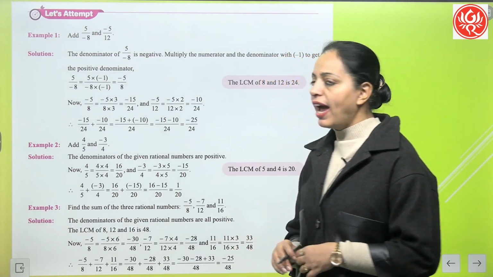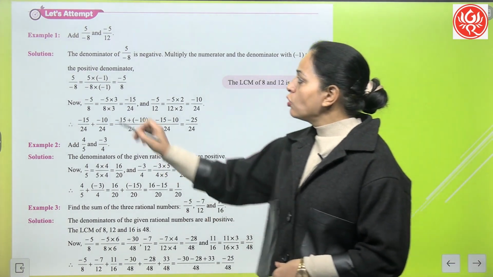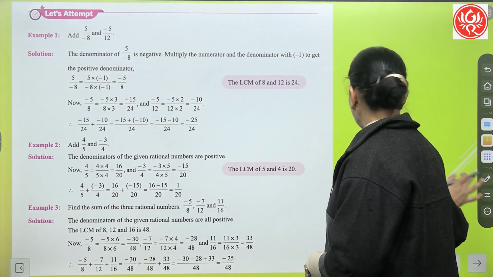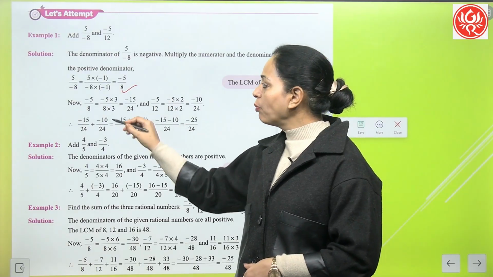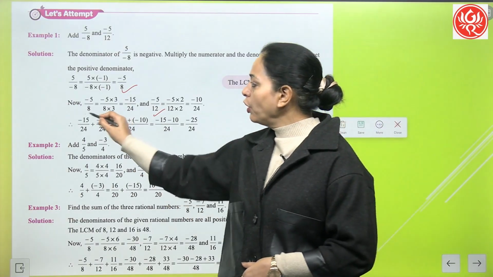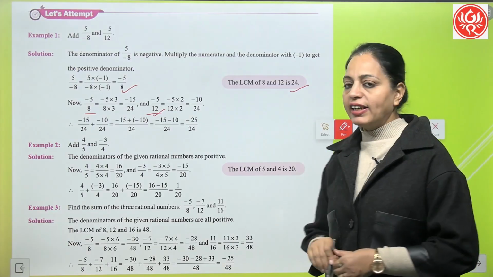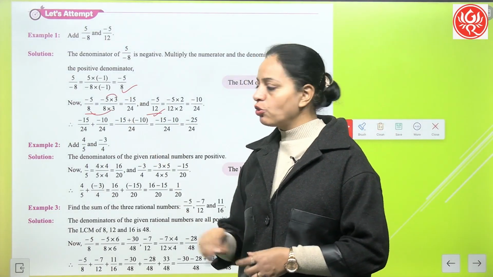Example 1, add 5 upon minus 8 and minus 5 by 12. So 8 यहाँ पे denominator negative है. How we can write? Minus 5 upon 8. Now minus 5 upon 8 plus minus 5 by 12. Different denominators हैं. Take the LCM of 8 and 12. That is 24. So 8 into 3, minus 5 into 3,